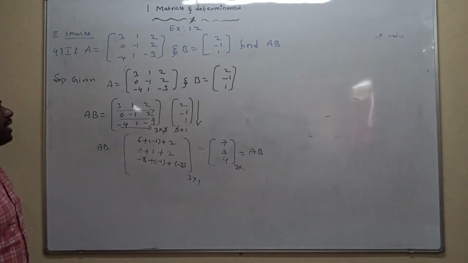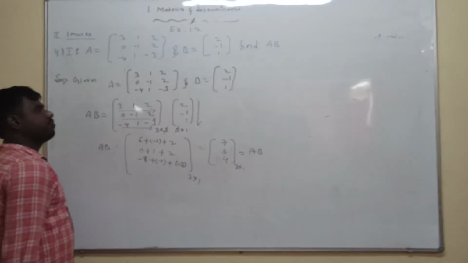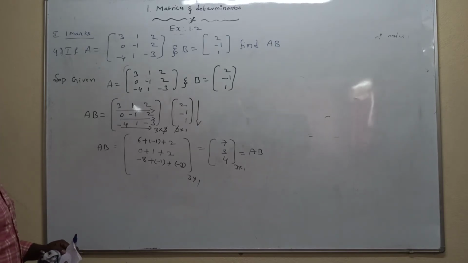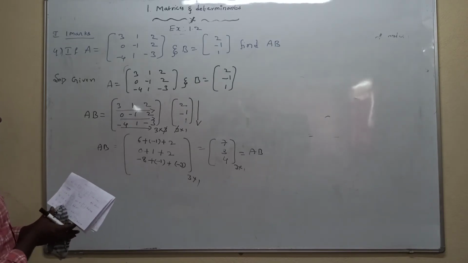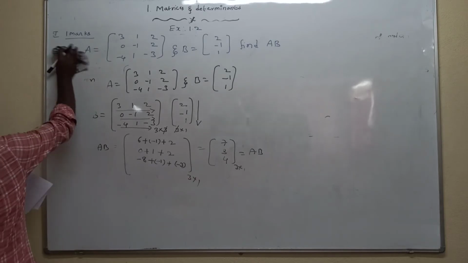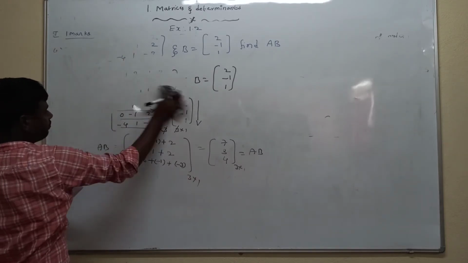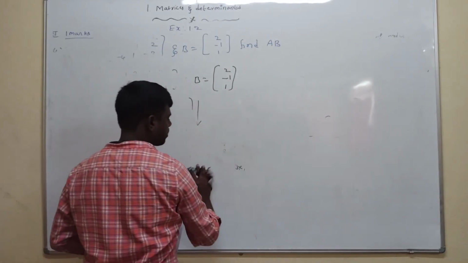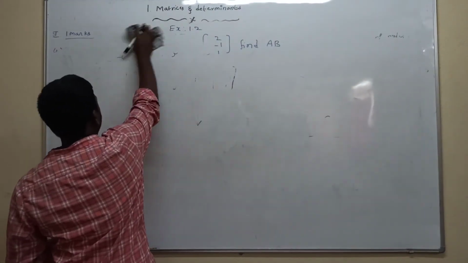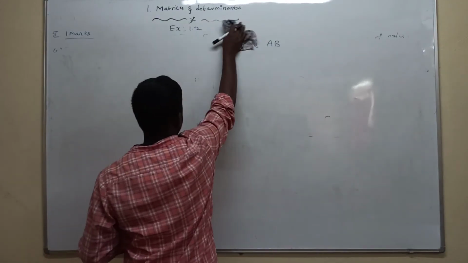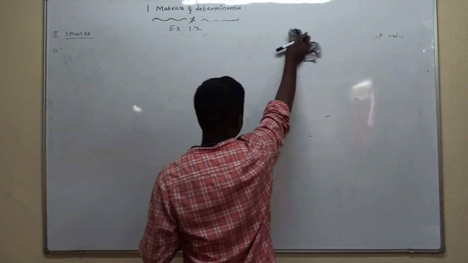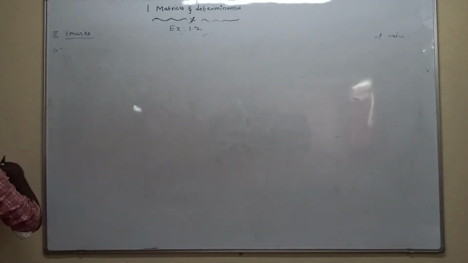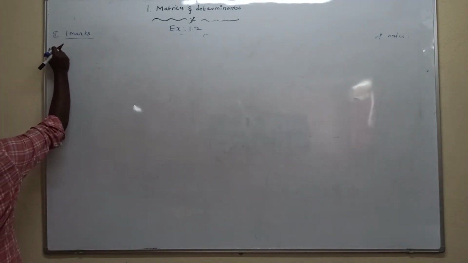Like the addition, the product is very easy for this one. Product of two matrices, you know the concept of multiplication of matrices. Next we are discussing the fifth question. I think you are understanding the product of two matrices concept. If you do not understand, please contact me. I will explain it once again. So next we are discussing the fifth question in this exercise.